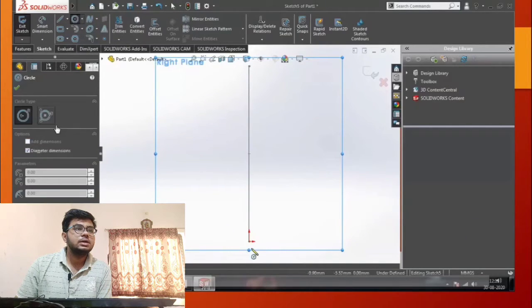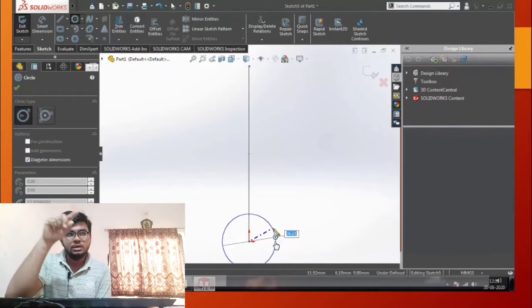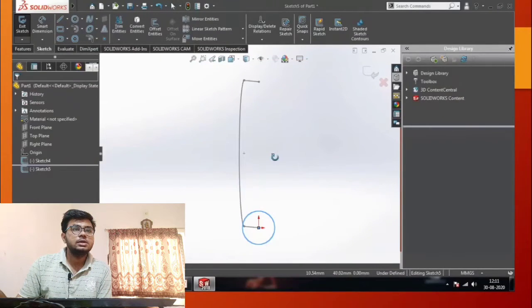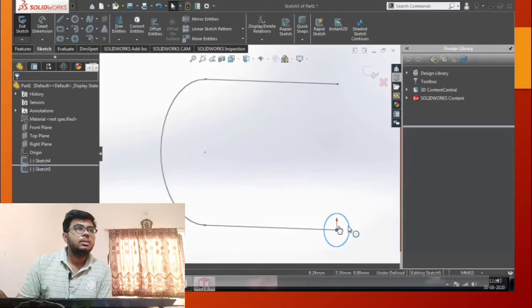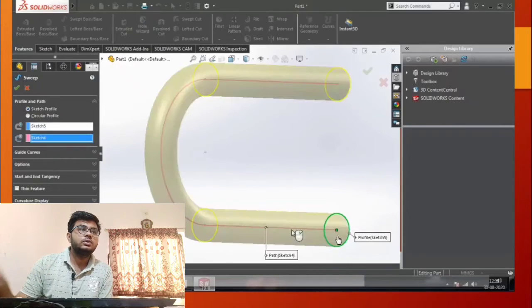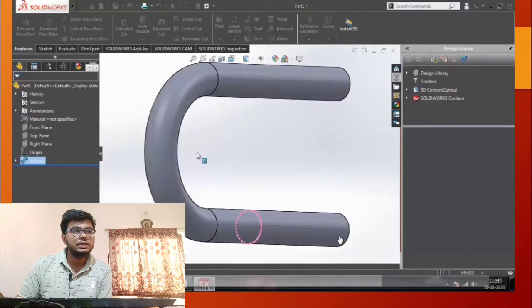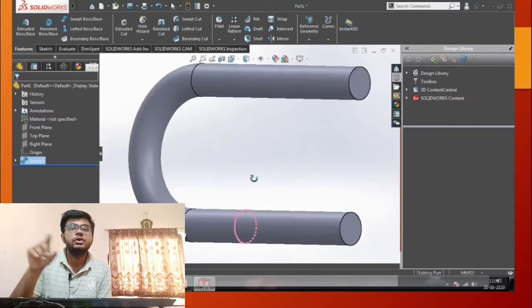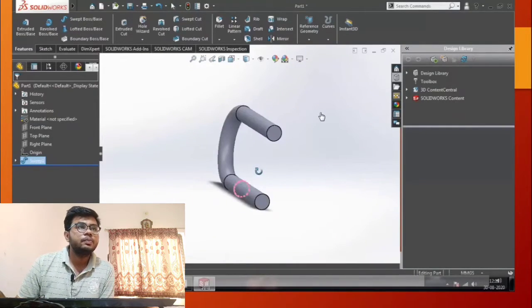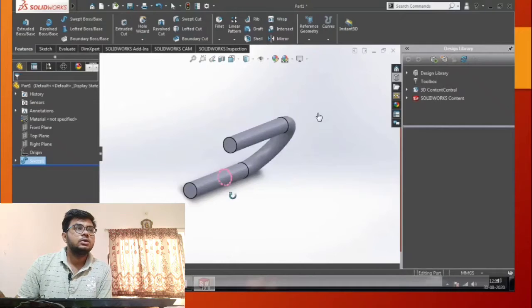Now I draw a circle at the point where the 2 lines meet. Then I go to swept boss base, click the circle as the profile and this as the path. You can see the profile is created along the path, a circular profile along the line. So it is a simple swept boss base.